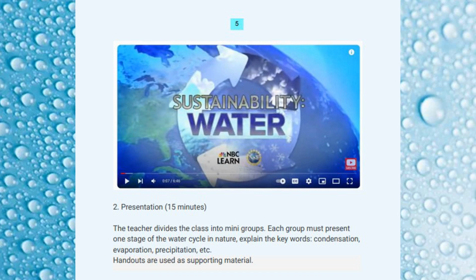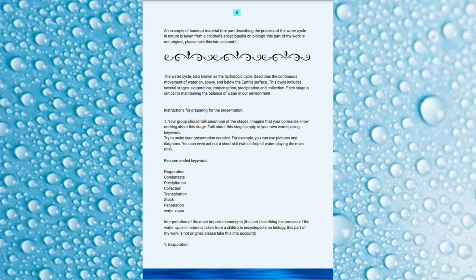The next stage, presentation, 15 minutes. The teacher divides the class into mini groups. Each group must present one stage of the water cycle in nature, explain the keywords, condensation, evaporation, precipitation, etc. Handouts are used as supporting materials. An example of handout material: